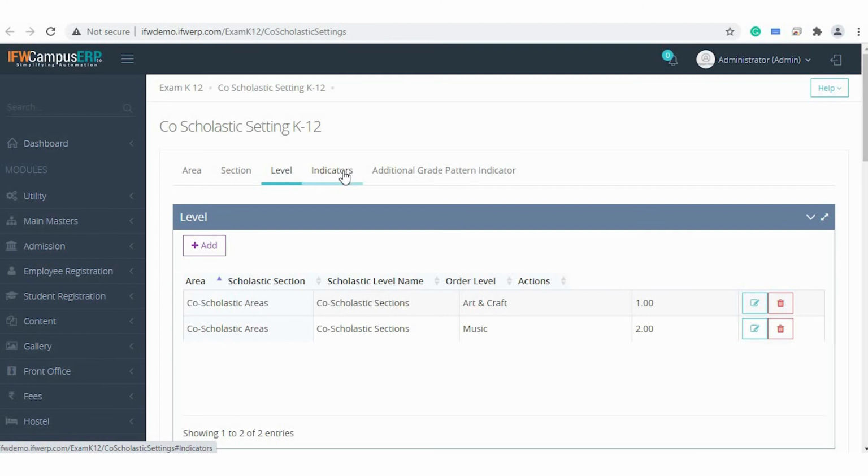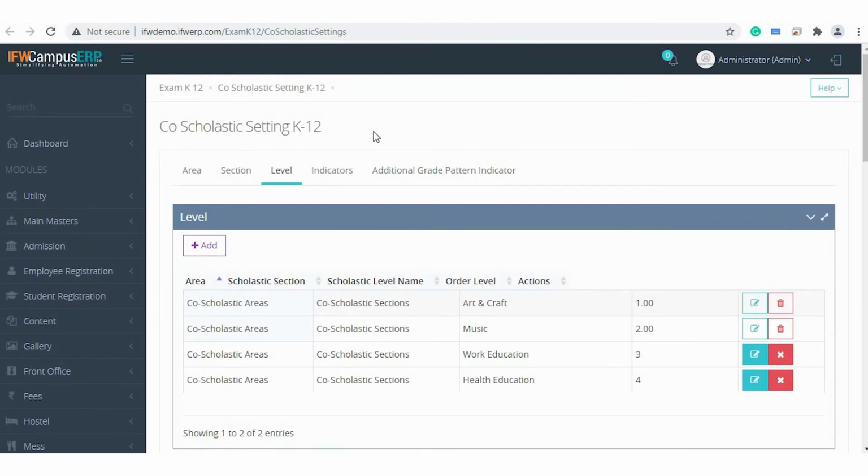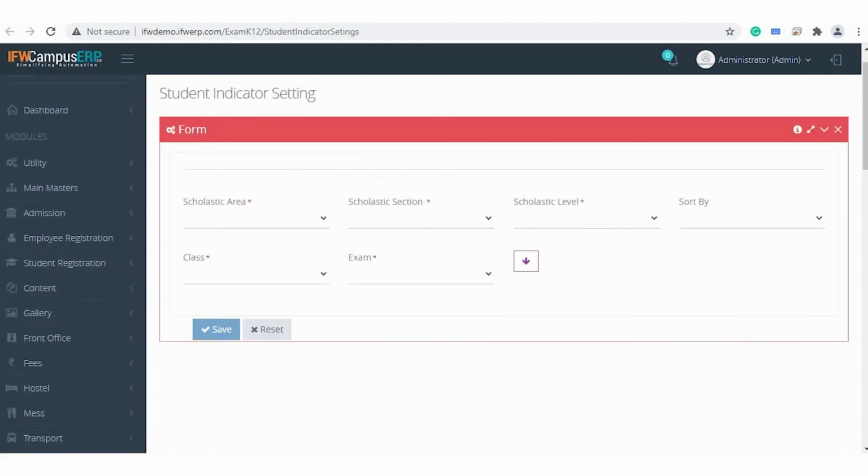Similarly, you can define the indicators and additional grade pattern settings. The grades will be given on these co-scholastic levels like art and craft, music, discipline, work education, art education and all. So using this co-scholastic settings K12, we will be defining the co-scholastic areas, sections, levels, indicators and additional grade pattern indicators. After that, using the form student indicator settings, the grades will be given to the students on various